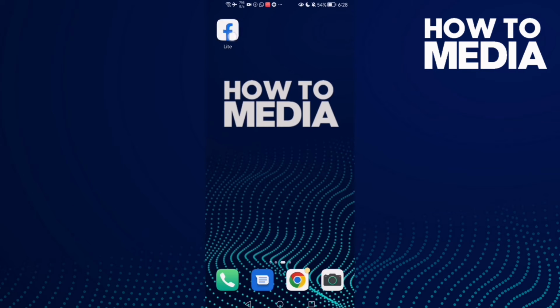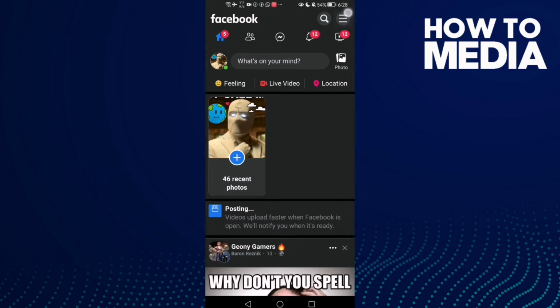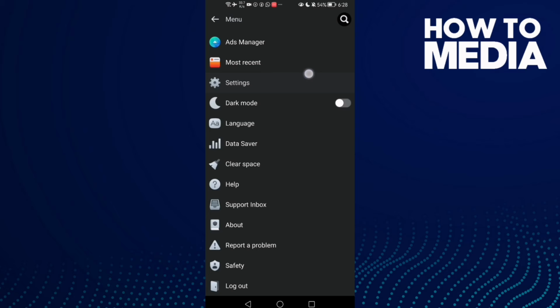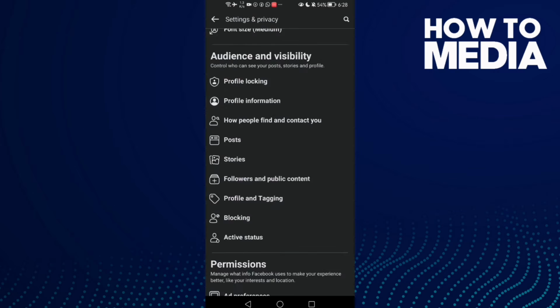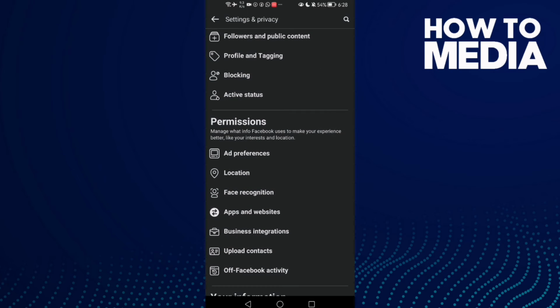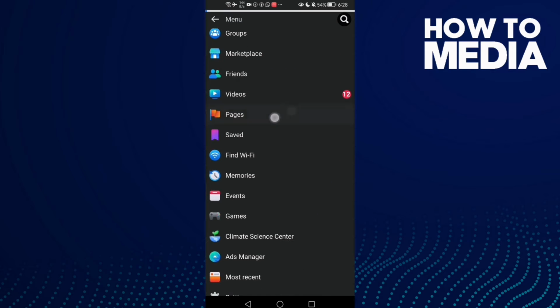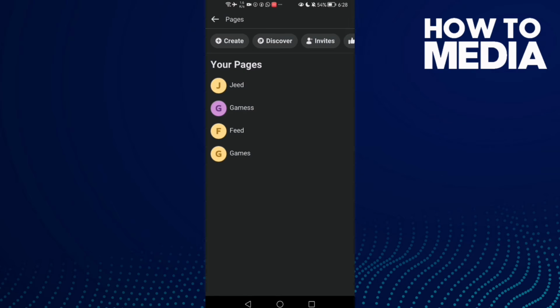First thing, go to Facebook Lite. Here you will find these three lines in the top corner. Click on it and scroll down until you find settings, and then just not settings, this one here, pages, and then select your page,